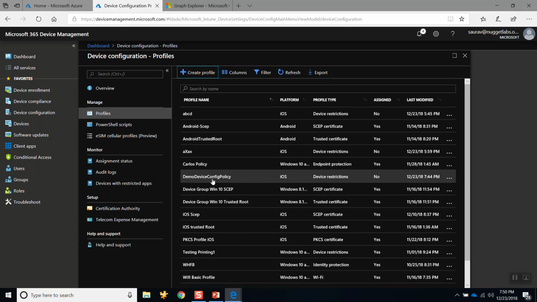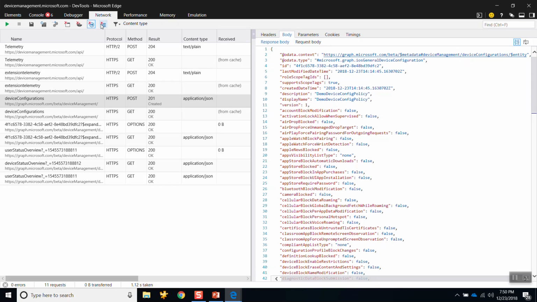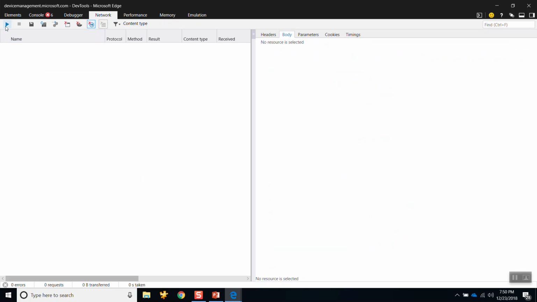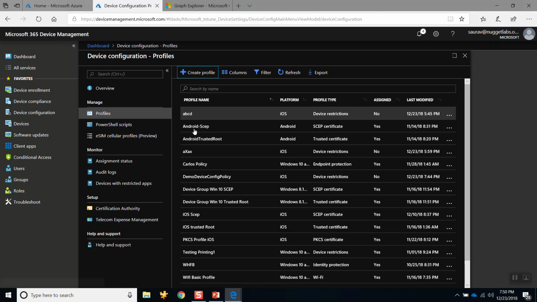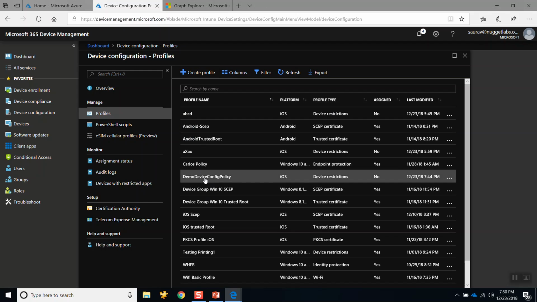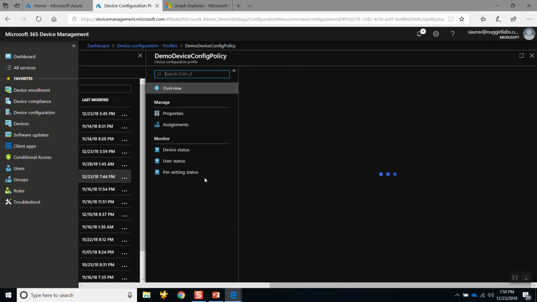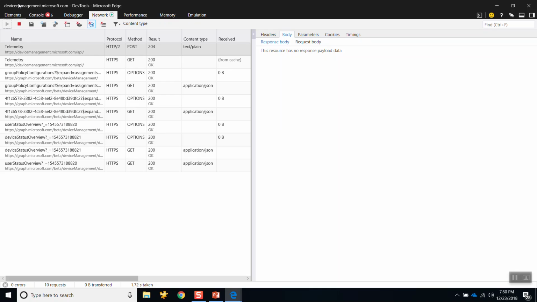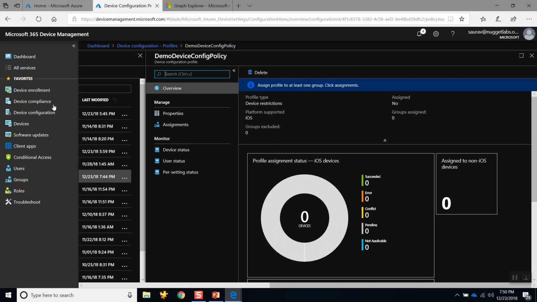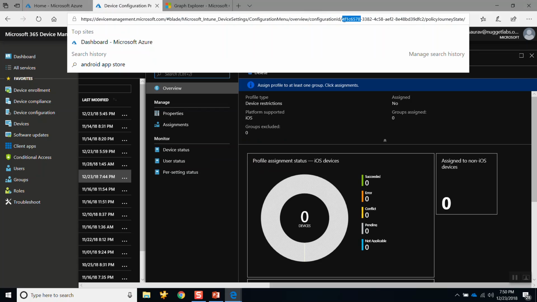Okay, this is our policy, demo device config policy. Okay, let me just clear this, start the recording this time, and then demo device configuration policy, go back, stop it. Now you can see that there is no post, there is only get, because all I did was I clicked on a policy and it went to device configuration and then the policy ID, right? So let me grab the policy ID from here,